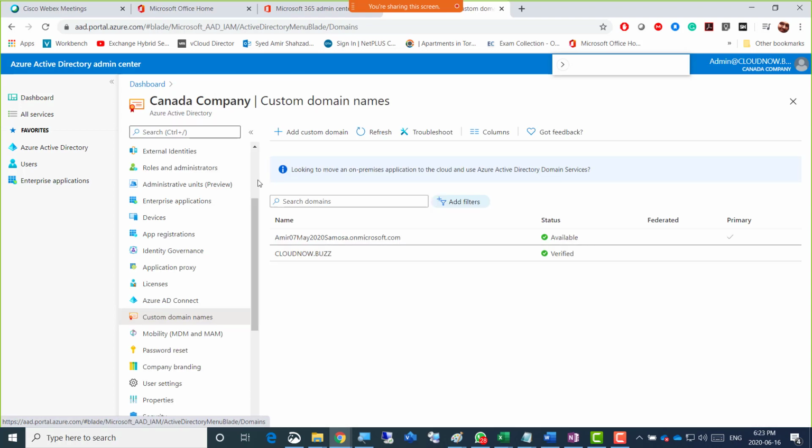But the thing is, guys, we all know that if we need to remove it, it's going to ask us to remove whichever users are connected to this domain, and then we can go ahead and try to remove the domain. If we directly initiate the process of removing the domain, it will give you errors that this user, this distribution list, and this other resource has this domain attached.